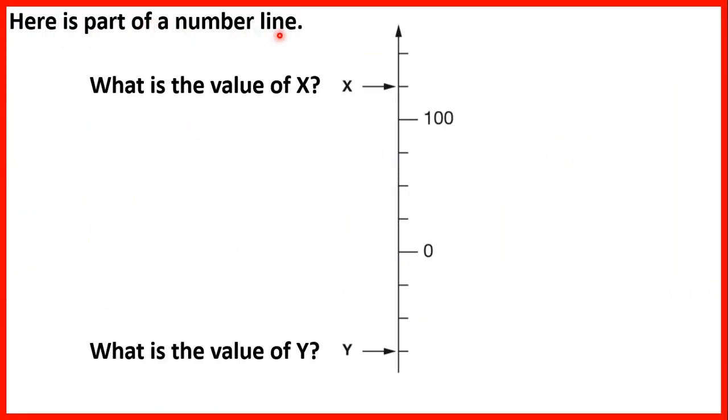Here is part of a number line. What is the value of x? So we need to work out what these little lines on our number line represent. Now we have 0 and 100 marked, and to get from 0 to 100, we have 1, 2, 3, 4 lines. So if we divide 100 by 4, that tells us that each line represents 25 more as we go up. So the value of x will be 25 more than 100, so that's